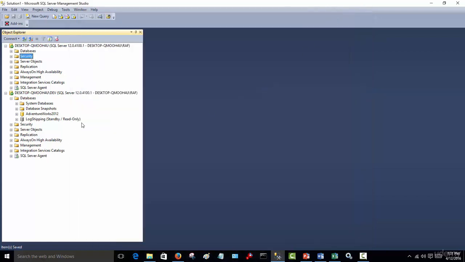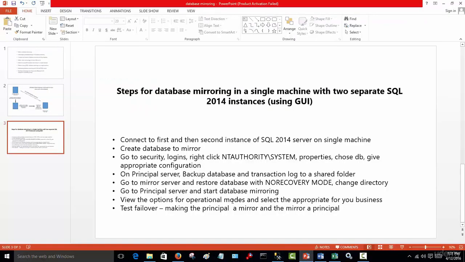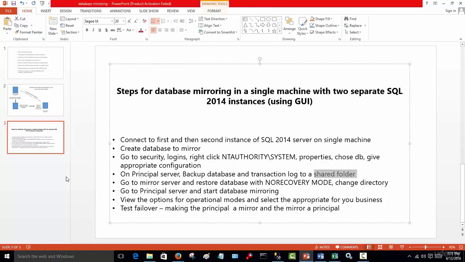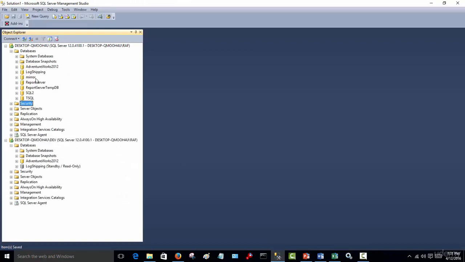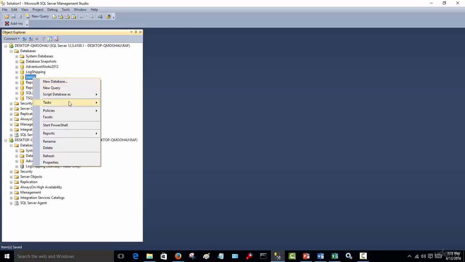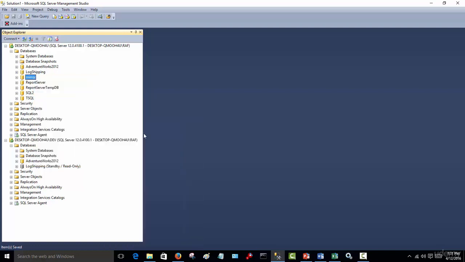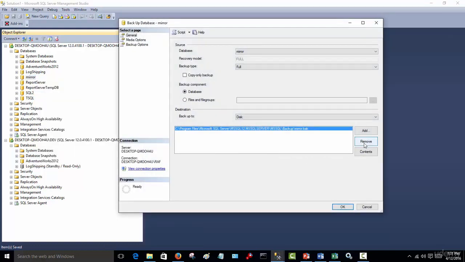So let's close this. So let's see what our next thing is to do. The next thing to do is on the principal server, back up the database and the transaction log to this shared folder that we just created. So let's continue. Expand the database, right-click Mirror, go Tasks, Backup, and obviously we're going to direct it to